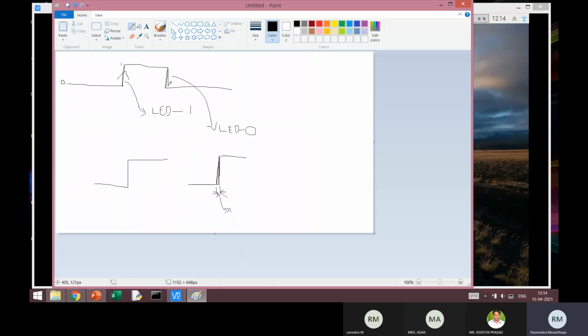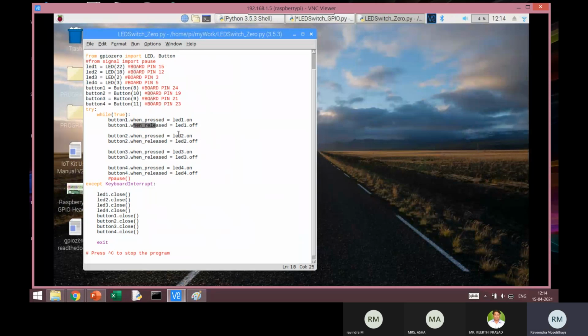When it goes from 1 to 0, that event is detected and the LED goes off. The same thing is done with LED 2, LED 3 and LED 4. Don't worry about this pause; it is commented out, you can remove that. It is not part of the code. This is a continuous loop which will be executed non-stop.